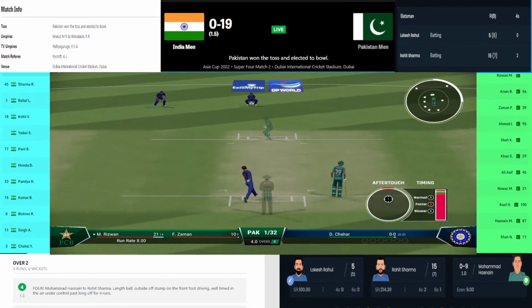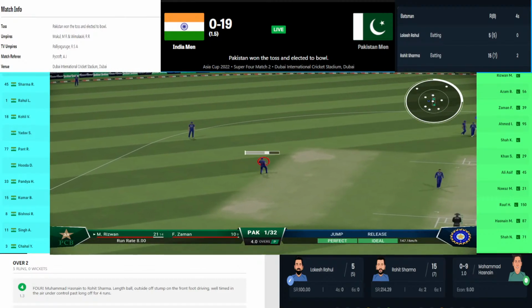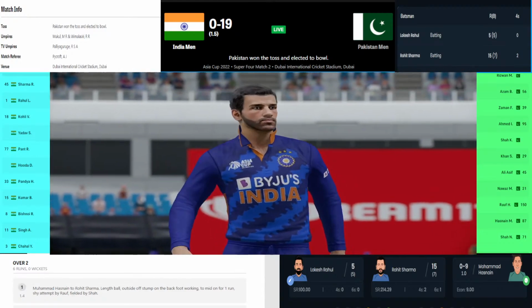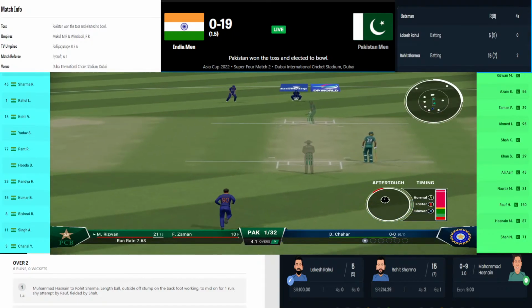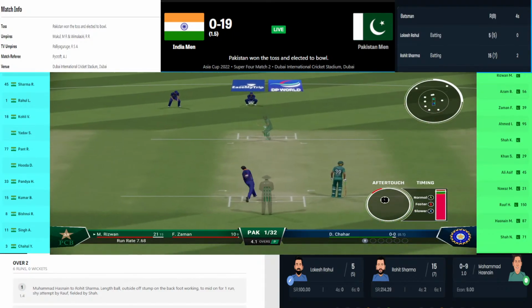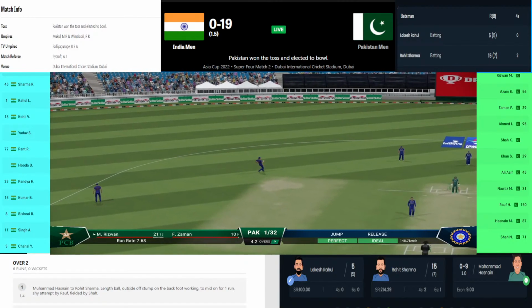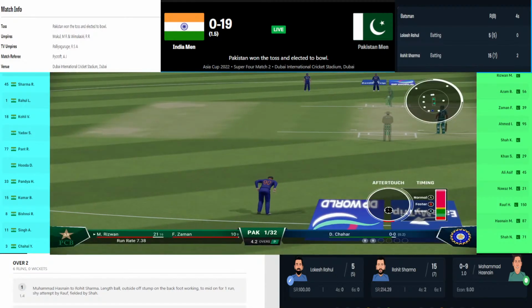So the Indian batsmen have got this strategy against the Pakistani pacers that they will just be ahead in the crease. They will not be back in the crease. They will be just ahead in the crease so that they are able to negotiate that swing, as the Pakistani pacers are masters in swing bowling. That's why they have negotiated the swing pretty well now.